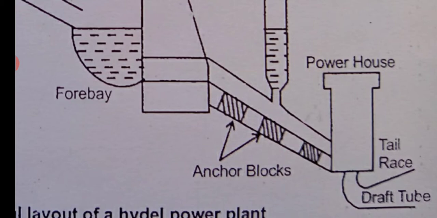At the outlet of the powerhouse, the water comes out through the draft tube, and this draft tube meets the tail race. Please understand, especially for reaction turbines like the Kaplan turbine and Francis turbine, their draft tube should always be in the water only. Then only the water will flow, because the pressures are very much reduced there. That is why the draft tube is conical in nature, where the volume goes on increasing towards the tail race end.